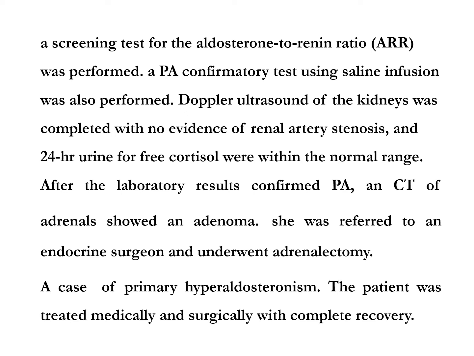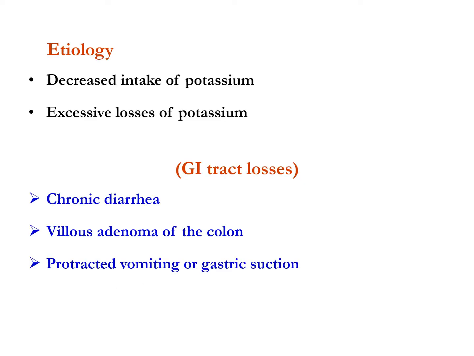We exclude all causes of hypokalemia. We exclude diminished potassium intake, and also exclude causes of intracellular shift of potassium, and we confirm renal loss of potassium through primary hyperaldosteronism by doing aldosterone to renin ratio, and confirmed by the primary hyperaldosteronism confirmatory test. So to revise the etiology of hypokalemia, hypokalemia may be due to decreased intake of potassium